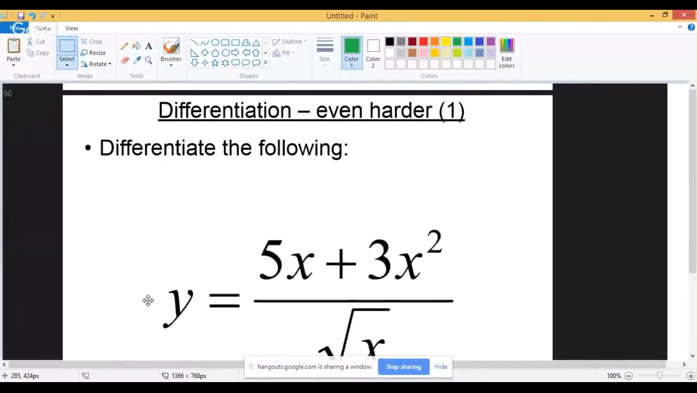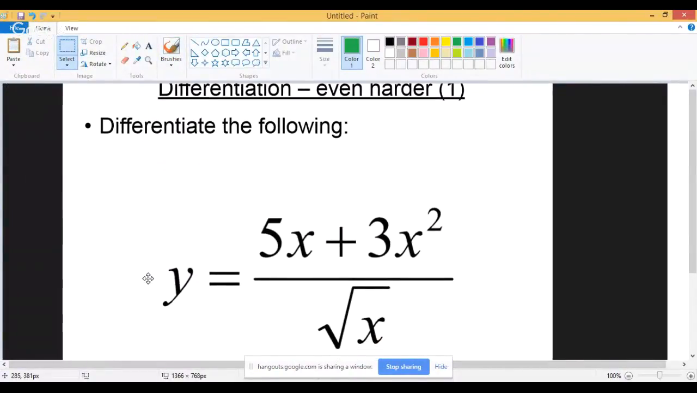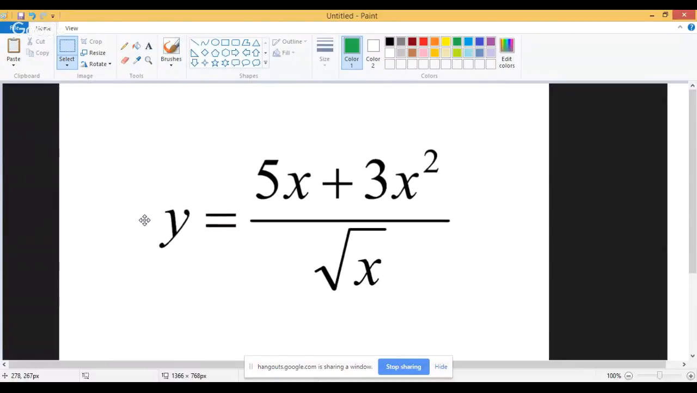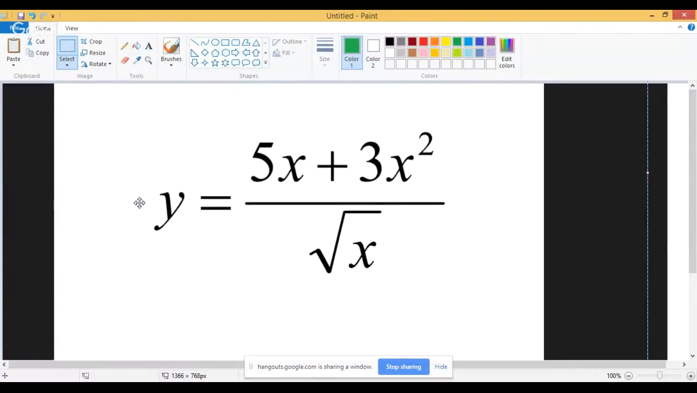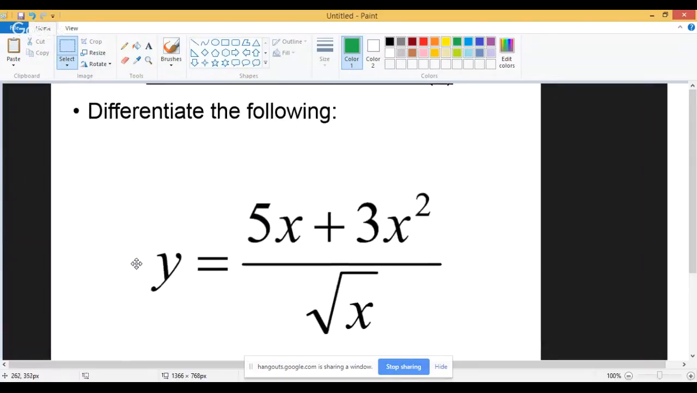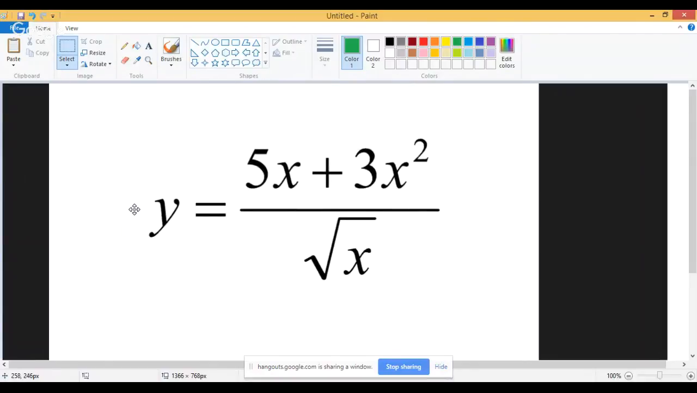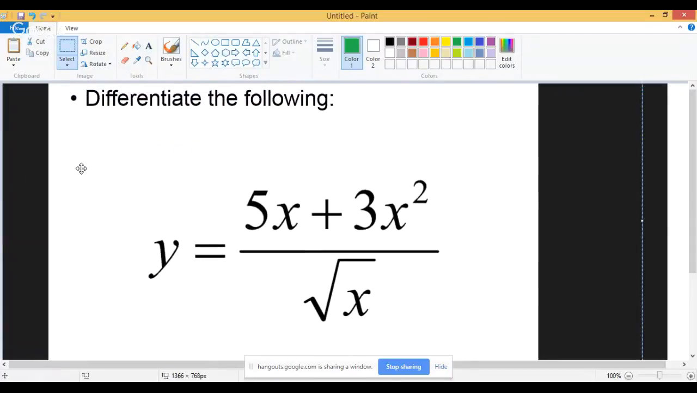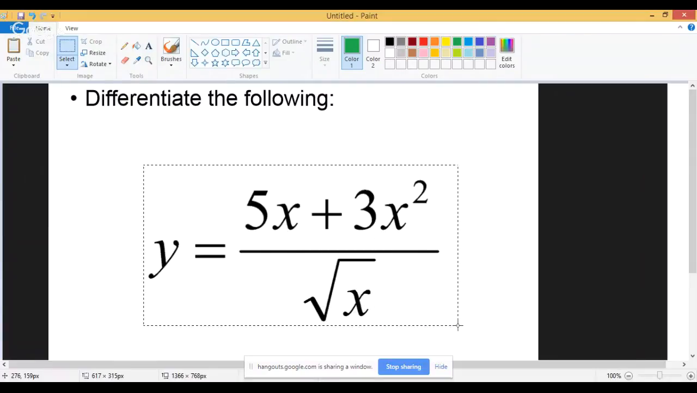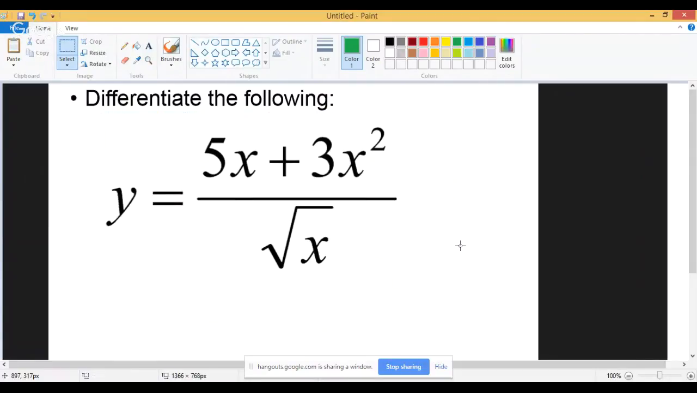Okay, please take a look for yourself. Next question, we're going to differentiate. This question is about differentiation, and I've picked a harder one. Looks very complicated, so we're going to try as much as possible to make it look simpler before we start